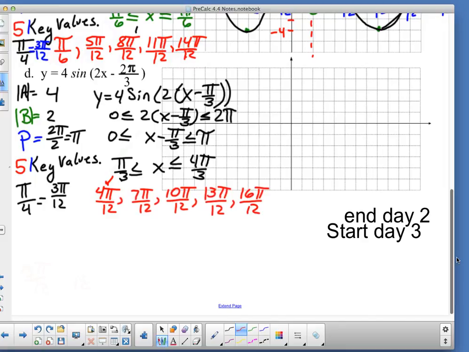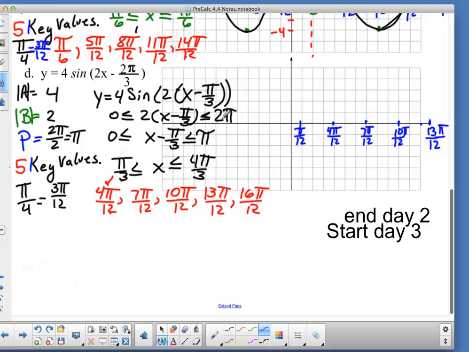Now it doesn't look like this, but remember, if I wanted to reduce these, and I'm going to write them out this way because it'll be much easier for us as we go through. If I wanted to reduce these, 4 pi over 12 is pi over 3, and 16 pi over 12 is 4 pi over 3. So those are my 5 key values, and I'm going to go ahead and pop them on my graph as we go, and I'm going to separate it as 1 square is pi over 12. So if this is pi over 12 here, and then 2 pi, 3 pi, 4 pi over 12, 5, 6, 7 pi over 12, 8, 9, 10 pi over 12. Now keep in mind, 11, 12, 13 pi over 12,